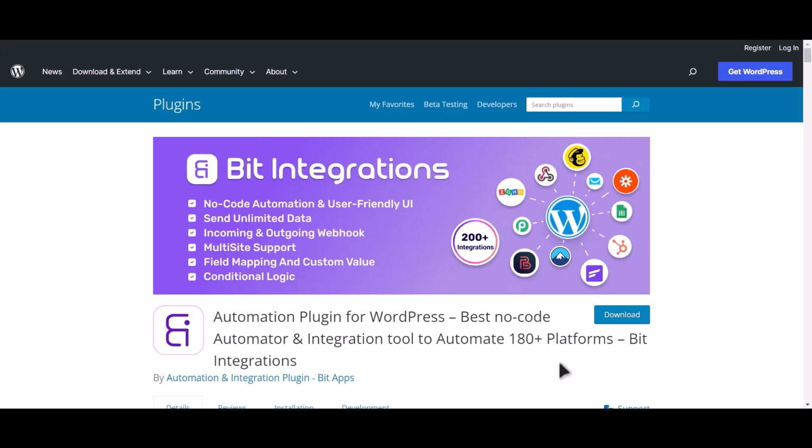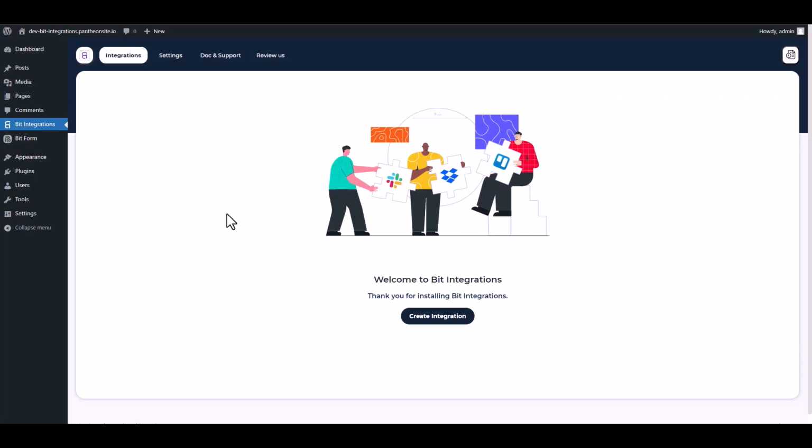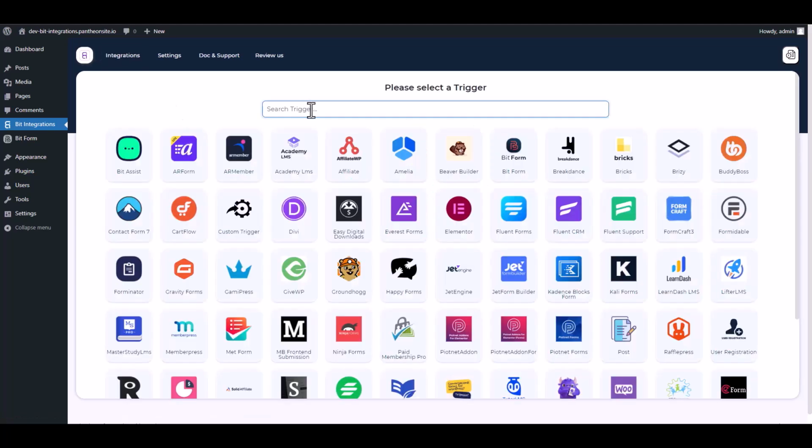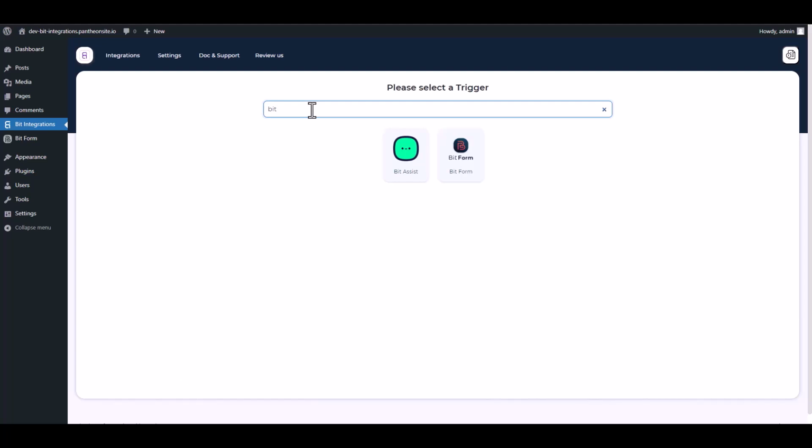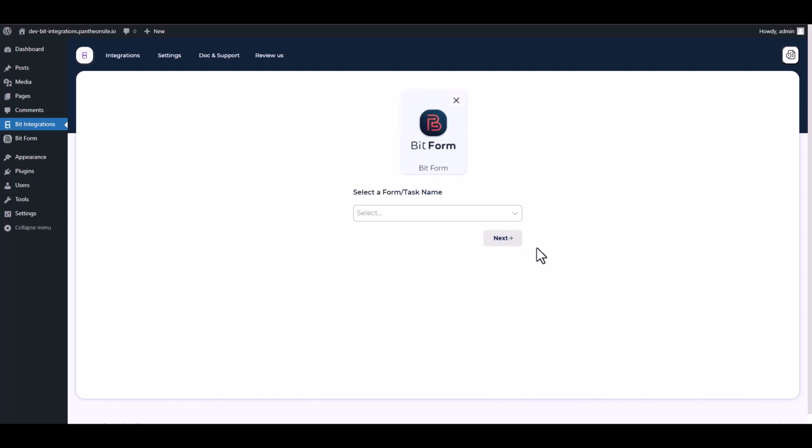I am utilizing the Bit Integrations plugin to establish a connection between these two platforms. Let's go to Bit Integration Dashboard. Create integrations. Search and select Bit Form as a trigger. Select a form. Next,